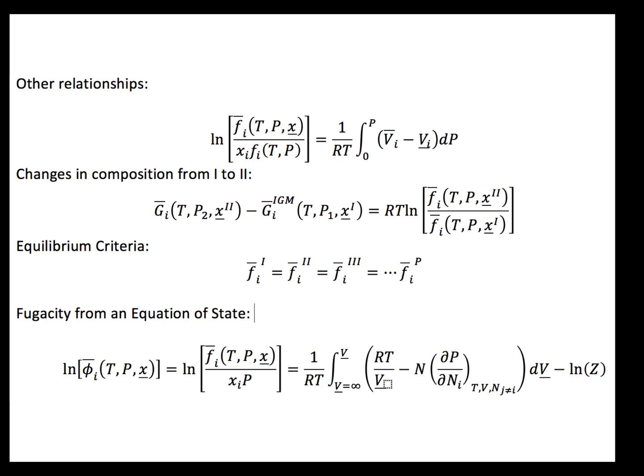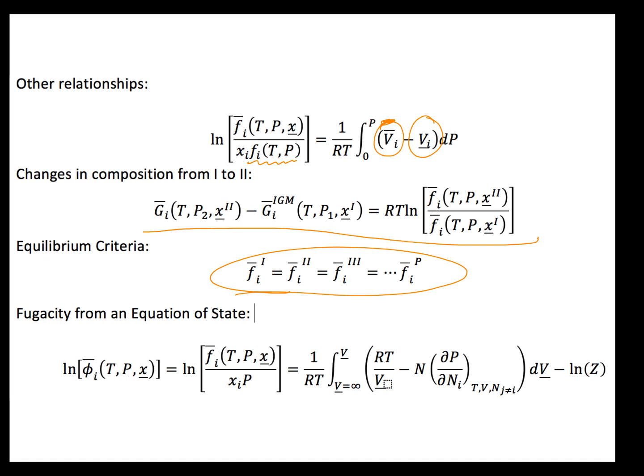This one here is basically saying how does it behave in the mixture versus how does it behave as a pure component. So you'll notice the one thing that's different here is that this is no longer the pressure, it's the fugacity of the pure species. So maybe this is the easier way to do it. Because if it's trivial to calculate the real fluid behavior from an equation of state, then maybe this is the best starting point. If you want to change the composition of the system, basically at constant temperature and pressure and just mixing, there's an expression there. Our equilibrium criteria is that the partial fugacities have to be held constant. And the last really big heavy hitter here